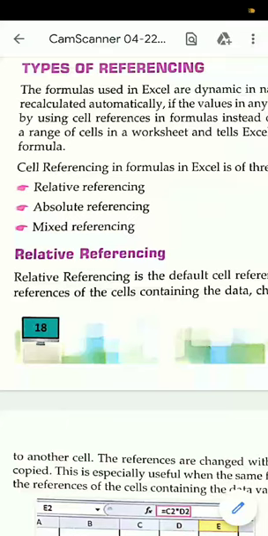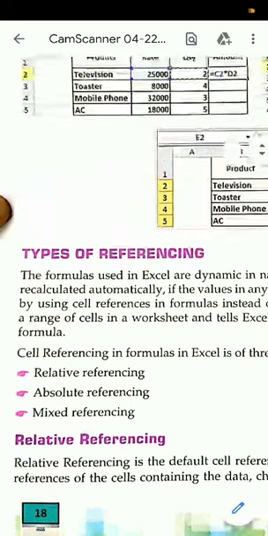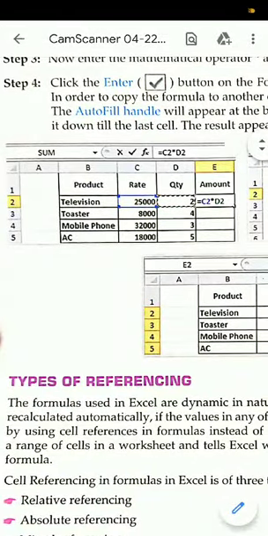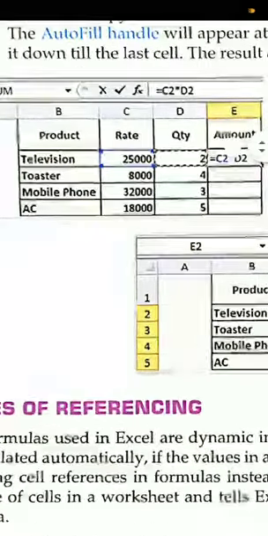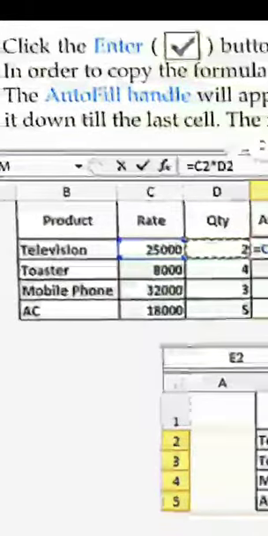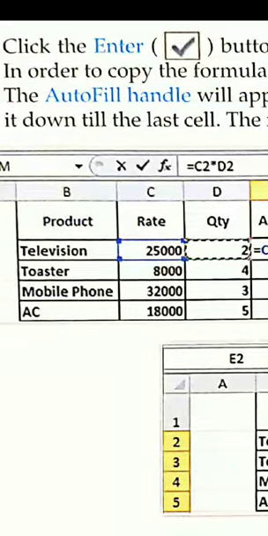Students, you asked me what is the difference between relative referencing, absolute referencing, and mixed referencing. As you know, when we copy a formula in a worksheet, we make a formula. Why do we make the formula? Look at this point. Suppose you have a worksheet in which you have